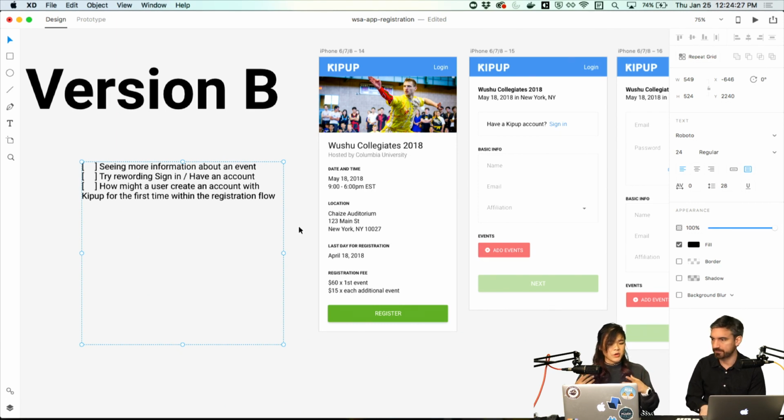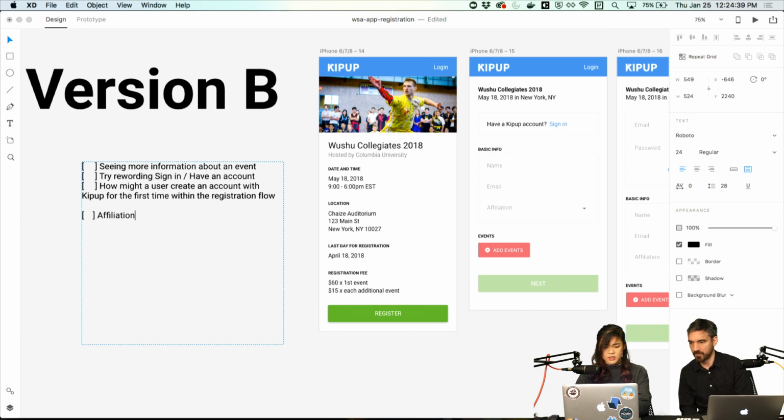Maybe we put his past affiliations near the top, and then you could see everything else at the bottom. We're also going to need to explore showing past selected affiliations.